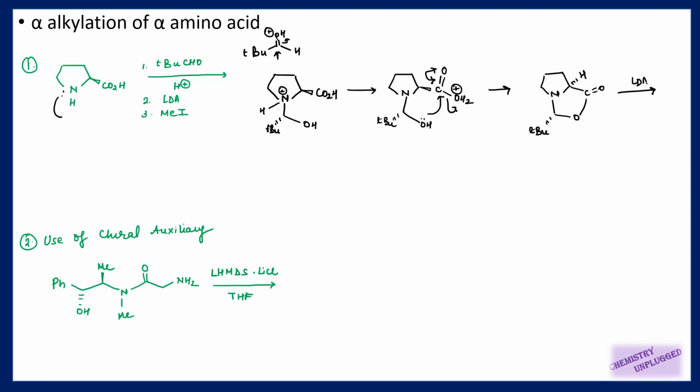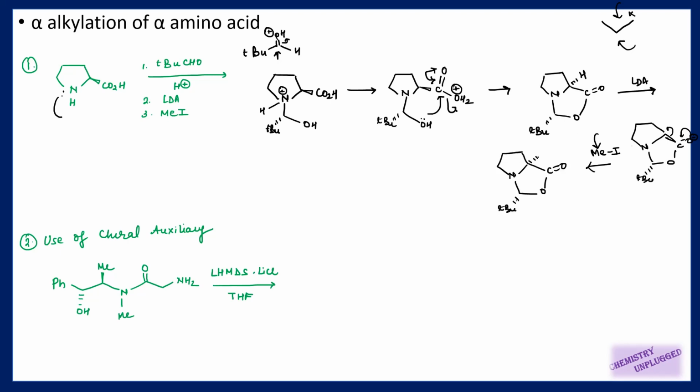So this LDA will remove this proton and it will generate an enolate. Although the stereochemistry of this carbon is lost when we are generating an enolate, still when we are shifting this bond here, this methyl group will attach from the side away from the cavity, because these two rings have a structure like this, so a group will not attack from this side, it is not possible. So the methyl group will attach from the below side, right? So in the final structure, this methyl group will attach on the below the plane side, right?